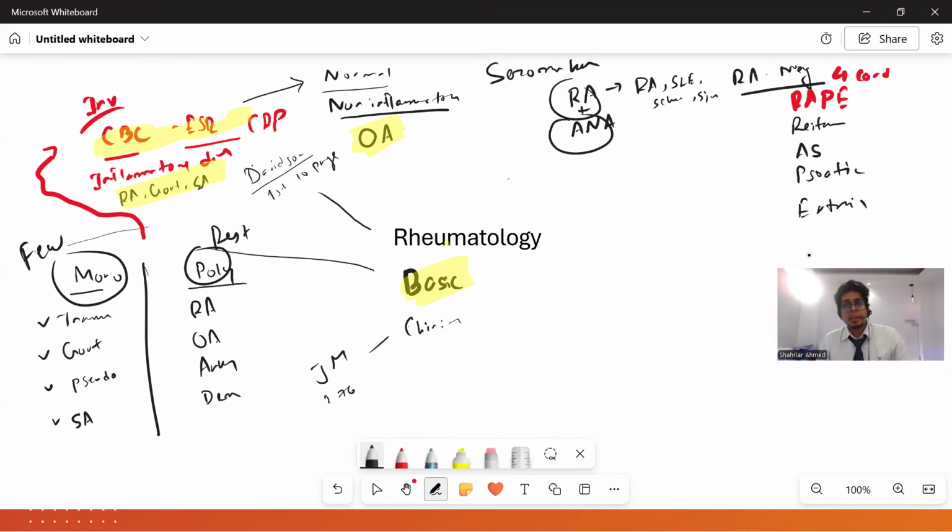It never comes in the exam. But Reiter's, ankylosing, psoriatic, sometimes we have seen tested. Especially ankylosing is the most popular of them. Other than rheumatoid arthritis, then SLE, then gouty, osteoarthritis, this ankylosing is very popular. We'll talk about them actually. We're still in the basics, guys. So are we clear? Poly, mono, inflammatory, non-inflammatory, seropositive, seronegative. Clear, everyone? We're getting deeper now.